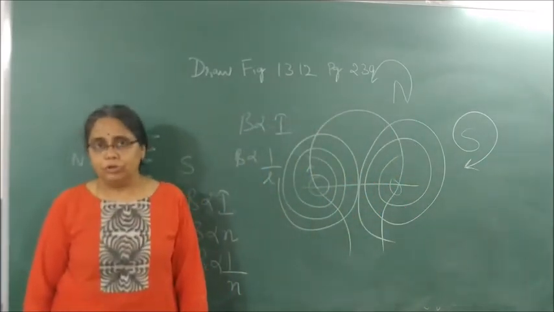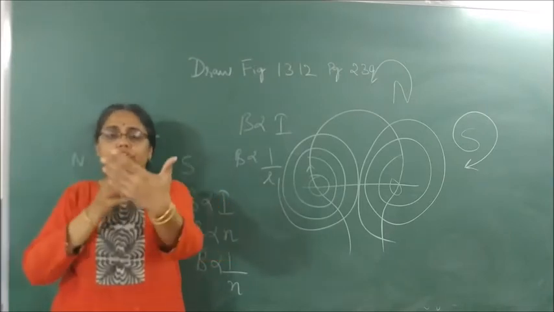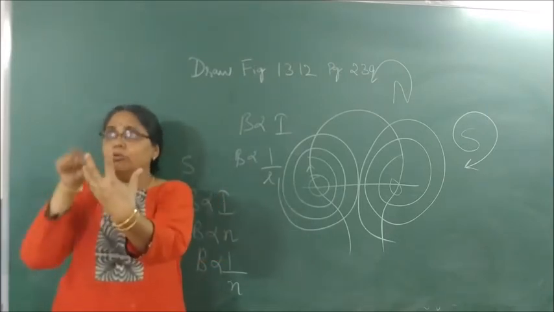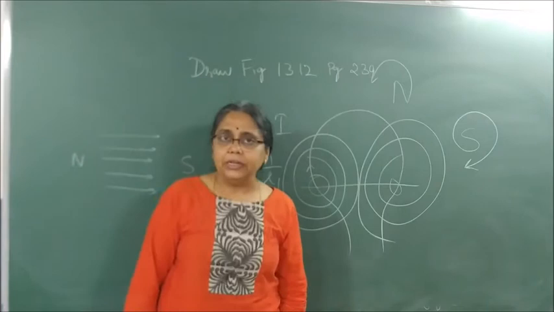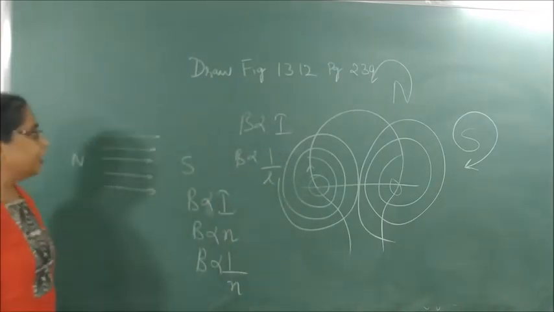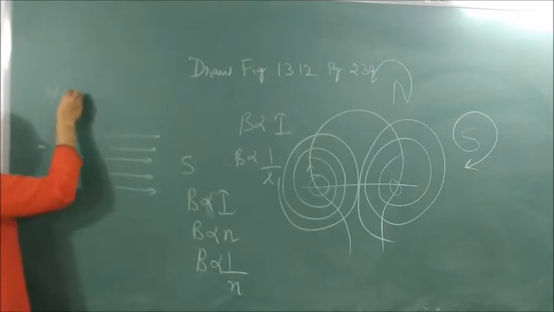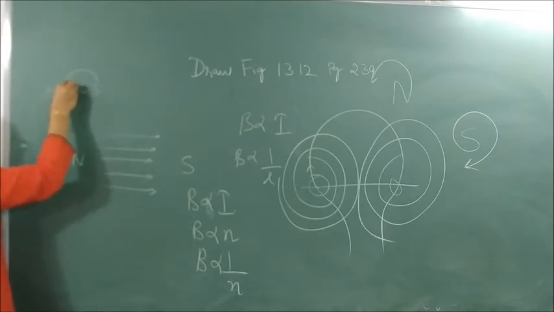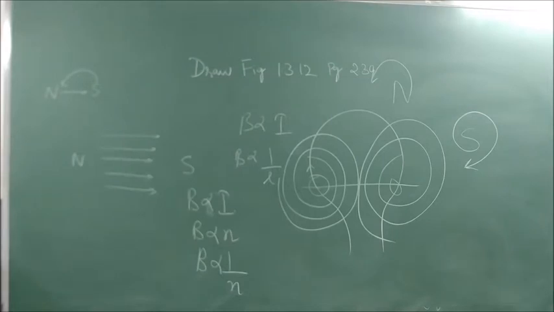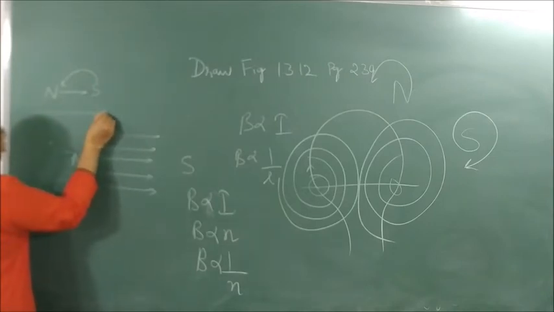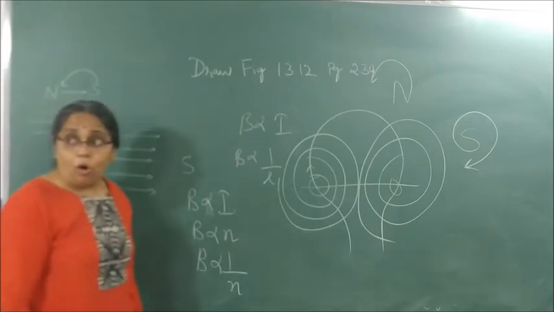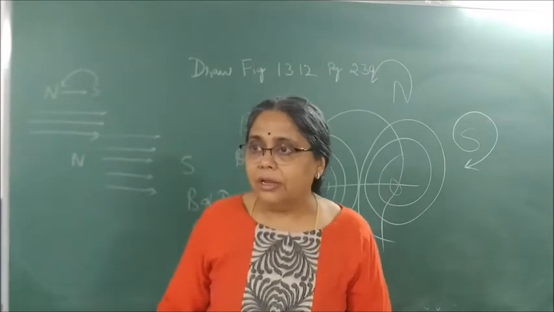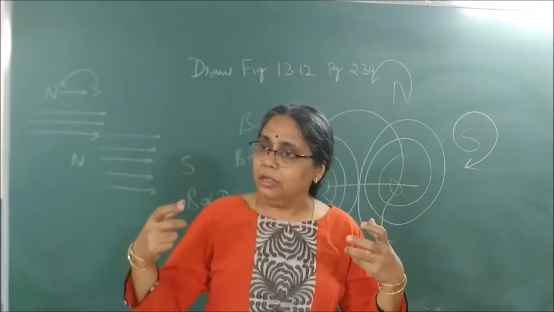To see the ends of a solenoid, you should not keep the solenoid like this. You should keep the solenoid facing yourself, so you can see whether the current is flowing clockwise or anti-clockwise. You will find that the magnetic field in a solenoid is exactly similar to that of a bar magnet: it moves from north to south outside the magnet and south to north inside the magnet. The only difference between bar magnet and solenoid is that the magnetic field in a solenoid is always parallel and uniform. It is uniform at all places, whereas in a bar magnet, you will find that it starts crowding near the poles.